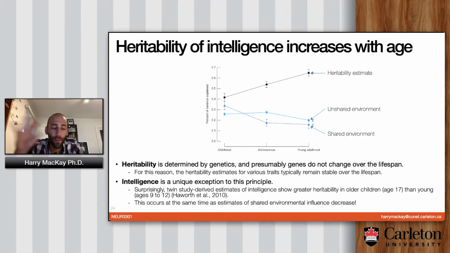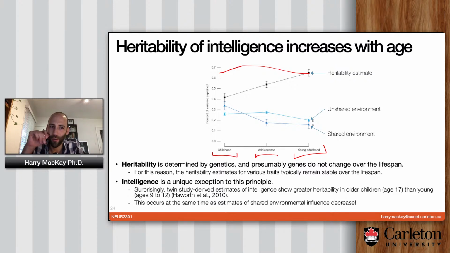Another principle that's unrelated to the last one, but it's also true, is that the heritability of intelligence increases with age. So this is measured by twin studies, and it shows that if you try to estimate what proportion of intelligence comes from genetics, the amount that you get if you measure people in childhood is lower than if you measure them in either adolescence or young adulthood. So if you were to measure children, you might think that intelligence is about 40% heritable, but if you were to measure teenagers, young adults, I guess, age 17 to 18, you'd come up with a number closer to 60%.